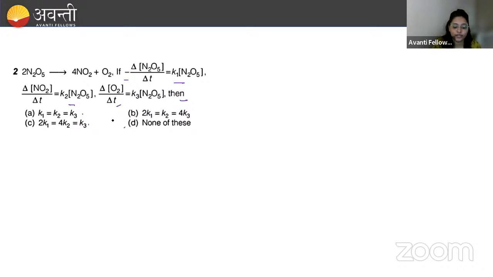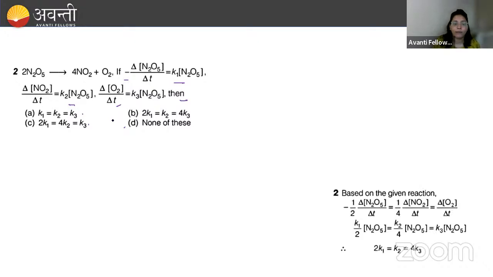So I'm going to write all these equations in this way, based on the given equations. As we know, the rate of change of concentration of reactant is equal to the rate of change of concentration